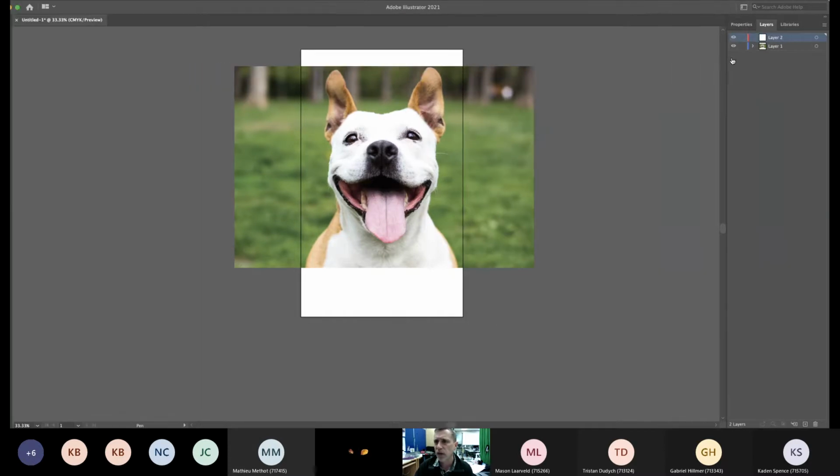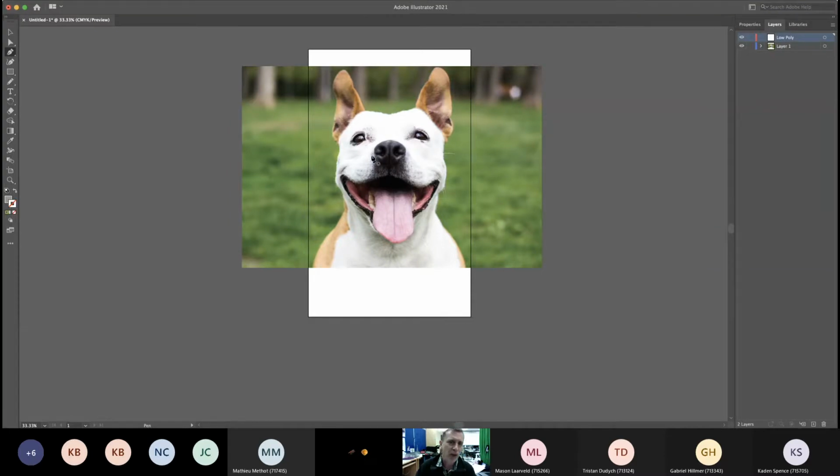The way Illustrator is, you don't necessarily have that in another layer. When you create paths, it's going to pop it up top here. But people do like to have a layer that they can quickly shut on and off, and they'd call this low poly. This is where we're going to do a little drawing on that layer. So I'll just select that. And the first thing that people would suggest that you do is